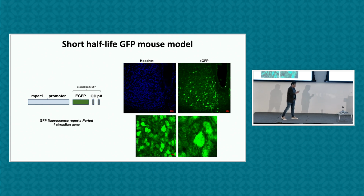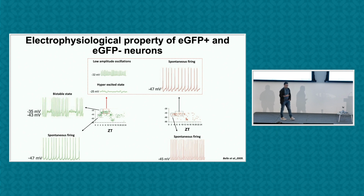Now, the reason Priyam got into this work was coming mainly from this paper. And this is after Justin Blau, who is a professor in New York, Chris had mentioned. We were discussing this work by Mino Bell, a very cool piece of paper, but it was also a bit controversial